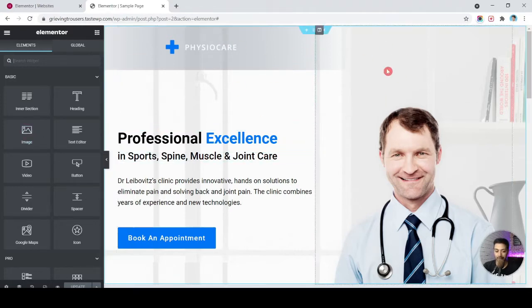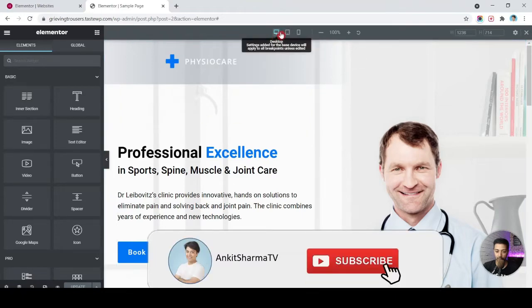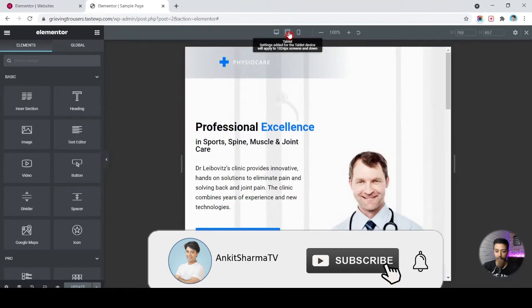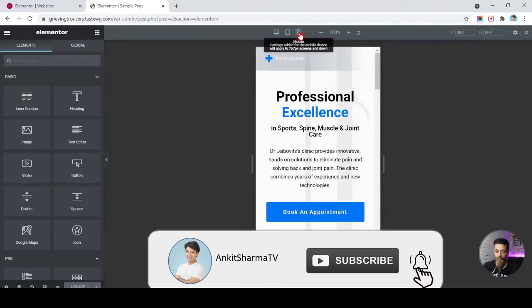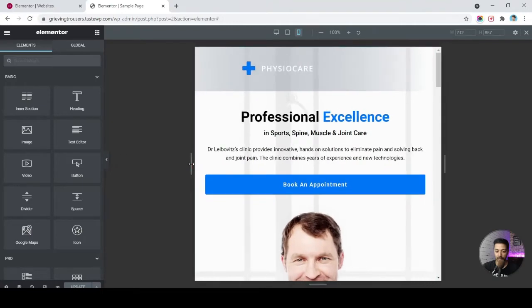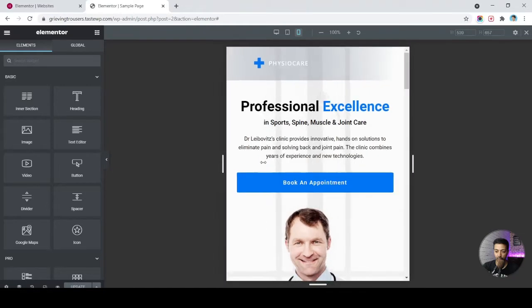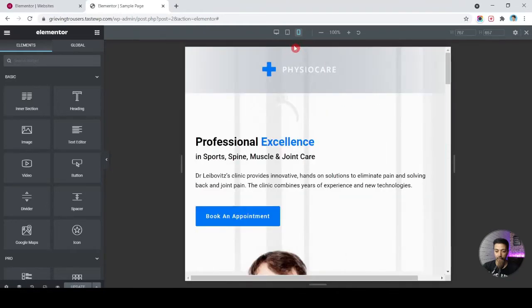So here we have our sample template, and for the responsive mode, we just go ahead and click on this icon. And here we can see that we now have an option for desktop on the top. After that we have the tablet option, and after that we have the mobile option, and we have the dimensions mentioned here. And as of now, if I am on the mobile icon, I can go ahead and stretch this a little bit more, and as you can see, I am just dragging it from left to right, and the width on the top right corner is also changing.